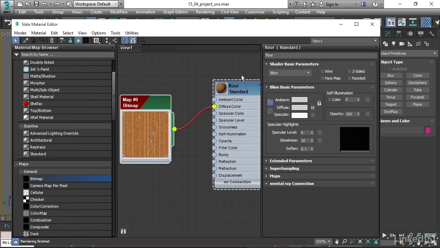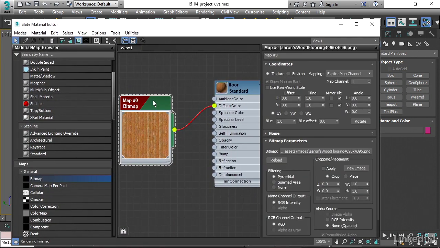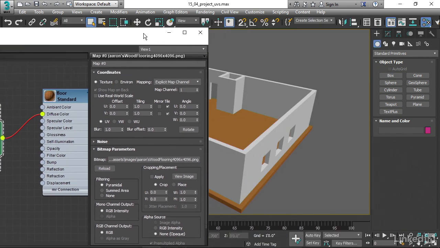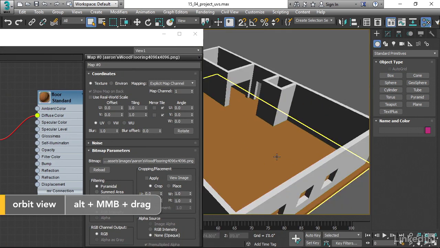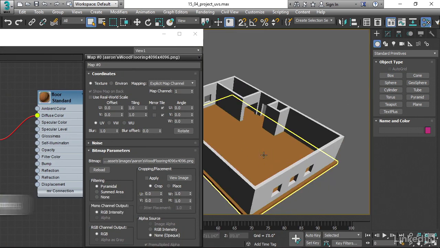We could play around with the tiling parameters of this bitmap. You can see we have tiling here, and that would control the number of repeats across the surface there. But that's not enough because we also have to play around with the texture coordinates on the surface. In order for the 3D program to know how to apply a 2D image onto a surface, we need to